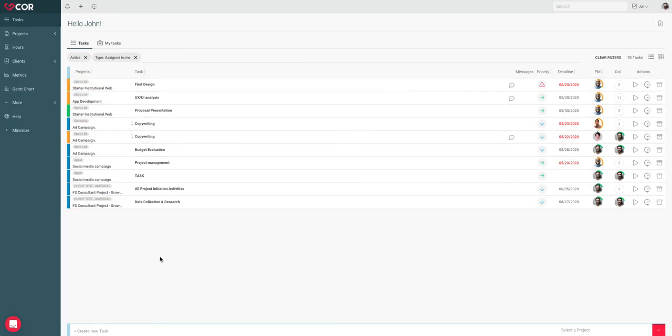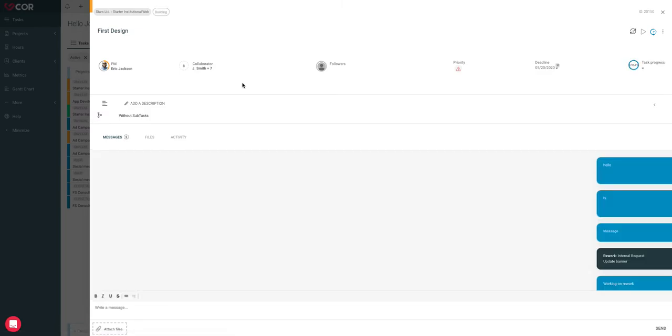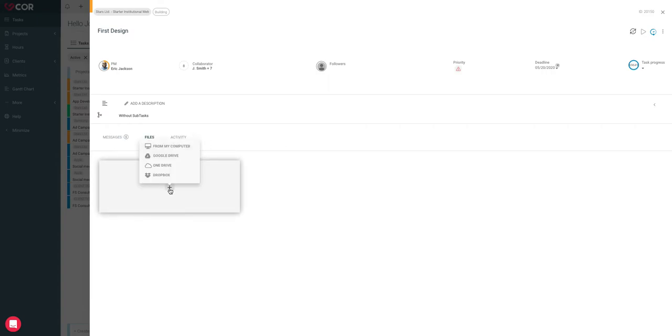Now, is this all the information we have for a task? Definitely not. If we click on one of the tasks, it will display the collaboration view of that task, where we will find the task description, any information that we have for completing the task. We can see if there have been messages sent. We can share messages as well. We can upload files, whether that's from my computer, from one of our integrated services, such as Google Drive, OneDrive,